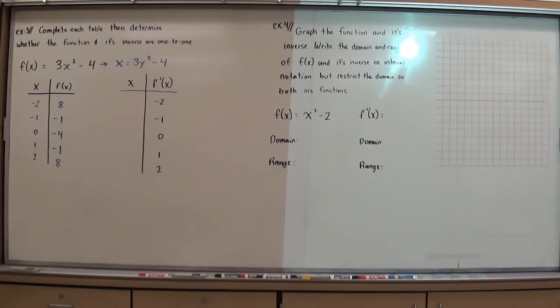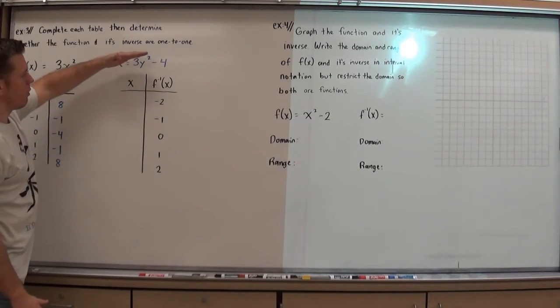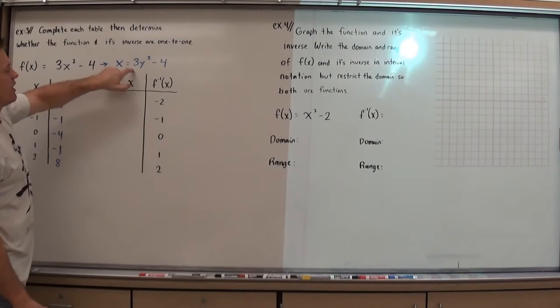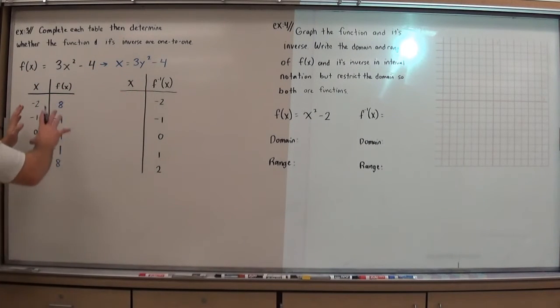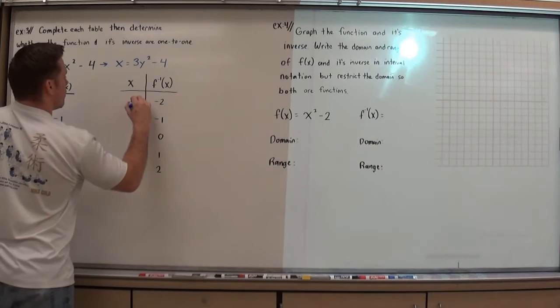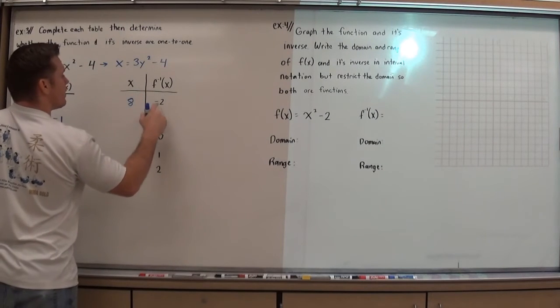Well, what that does is pretty much just flip-flop your table. I can actually already know the table values for this inverse without even finishing turning it into the equation. All I have to do is flip-flop my table values. If the output was 8 when the input was negative 2, when the input is 8, the output will be